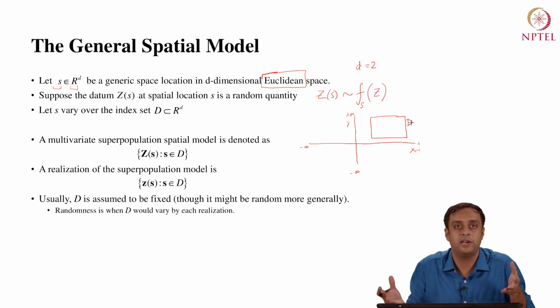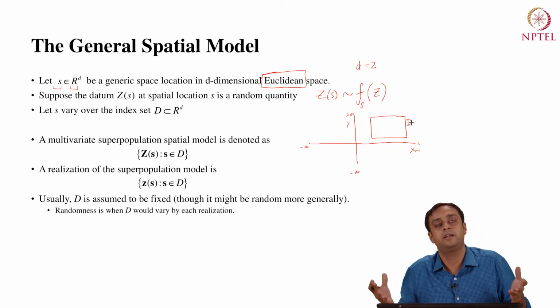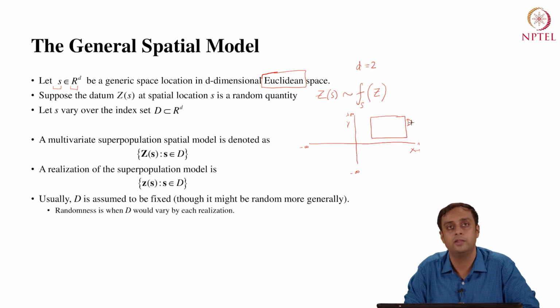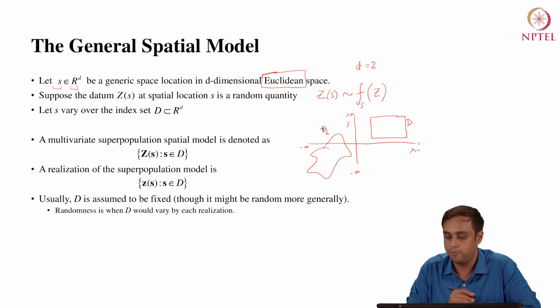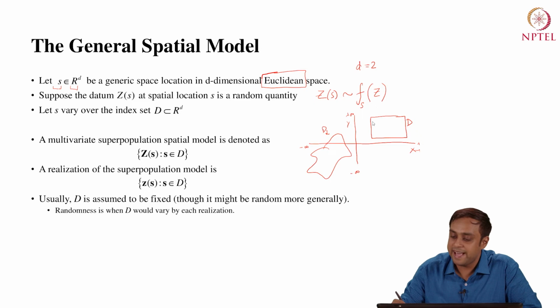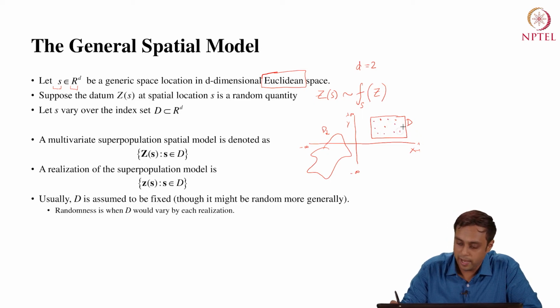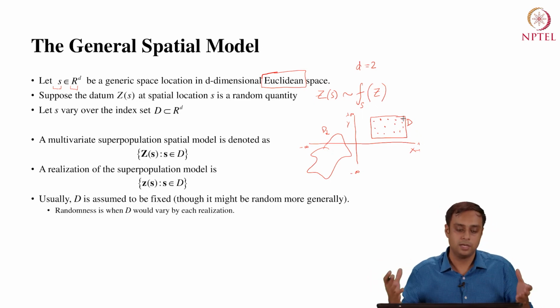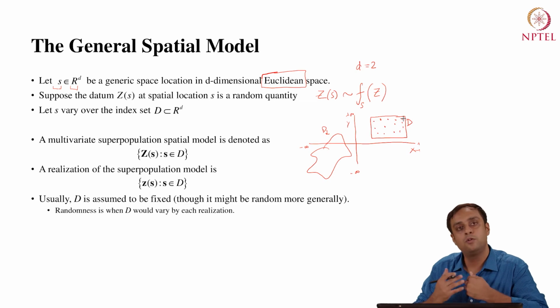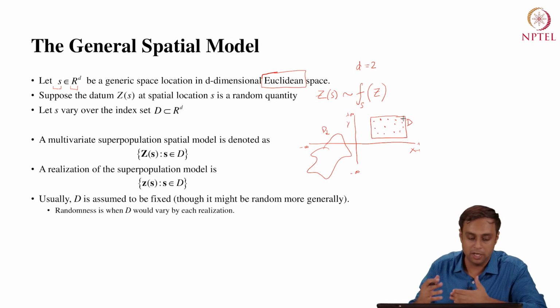Of course, it doesn't have to be a rectangle, it doesn't have to be a square, it can be any regular polygon that you can imagine. So I can also draw a more complicated domain D for your understanding, and S is only allowed to vary in this D. Okay, so at a time we are going to work with a given domain in this D-dimensional real space. To understand concepts, again, we are setting D equals 2.